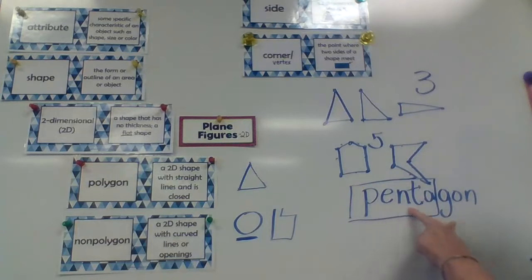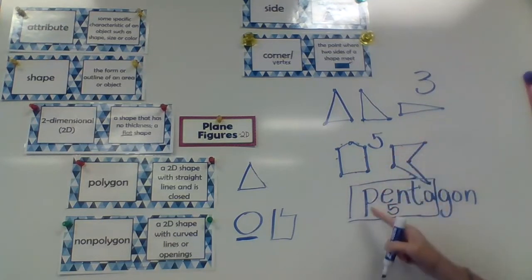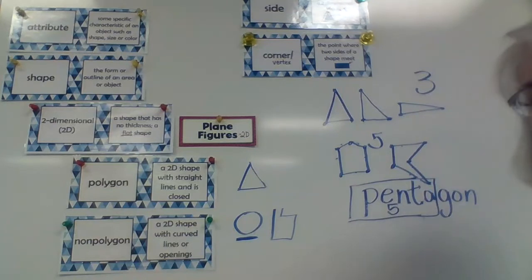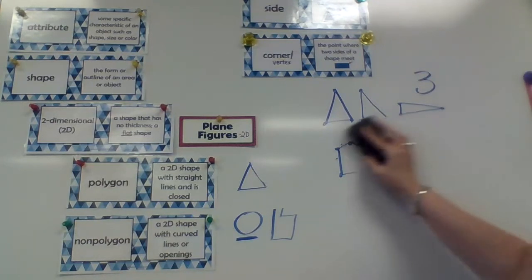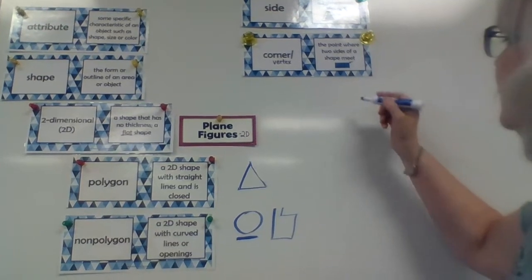I want us to look at this, penta. 1, 2, 3, 4, 5. Penta has 5 letters, and so does the shape. The shape has 5 sides, so you can remember P-E-N-T-A, 5 letters. It's a 5-sided figure. It's kind of one of those little things you can stick in your head to help you. All right, so we have a triangle with 3 sides, a pentagon with 5 sides, and then the next